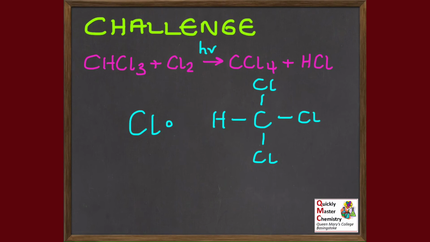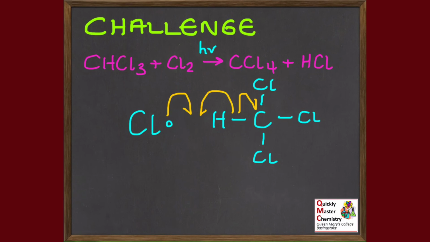Now that's not to say that chlorine radical couldn't react grabbing a chlorine off the CHCl3, but if it did, we would just reform Cl2, and we wouldn't be really putting ourselves in a position to be adding extra chlorines to the CHCl3. In fact, we'd be taking one off. Now that wouldn't take us in the direction of our product. So although it probably could and probably would be happening in a radical reaction, there's no point us presenting that. So we'll do what is most productive here, and we can have that chlorine radical grabbing a hydrogen